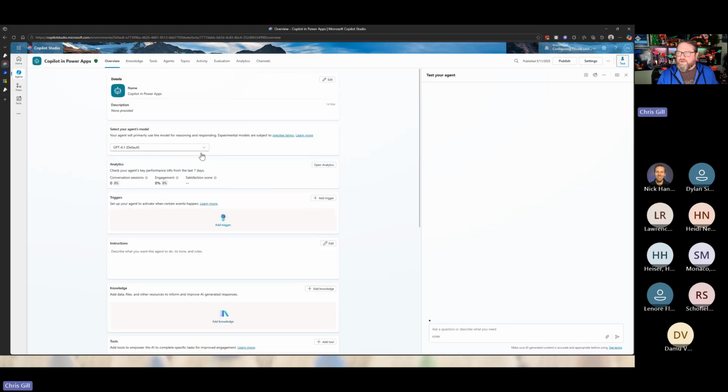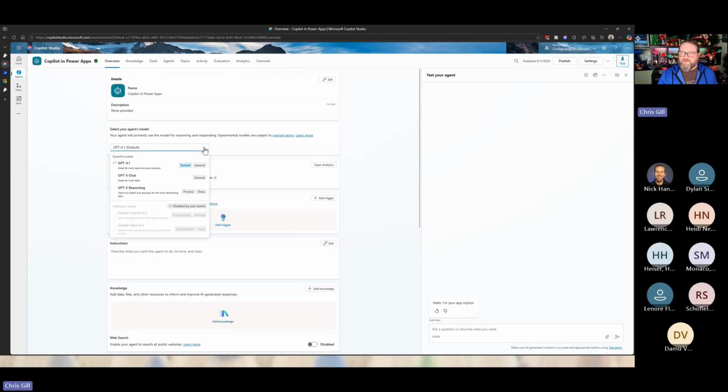So again, from Foundry, we had a whole set. We saw maybe 150, but we have that whole set available of over 11,000 models to us. Here's our limit inside of Copilot Studio. So if I enabled inside of my environment Claude Sonnet, Claude Opus, and I trusted the Anthropic models, great. And I can enable that for my users. They could build agents and go. Otherwise, what I get by default is 4.1, 5 chat, or 5 reasoning. And that reasoning is a preview model.